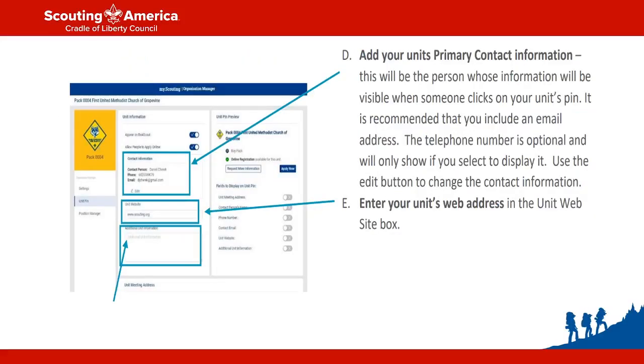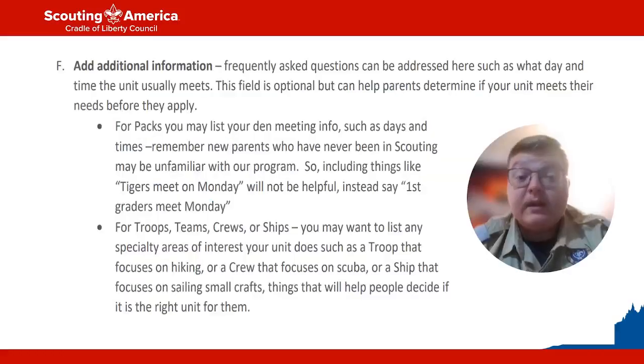Under contact information, we can fill in our unit's contact person, including name, phone number, and email. We can even put in a unit website or link to a Facebook page if we've created one. In the additional information slot, we can answer any frequently asked questions, such as when and where your unit meets. Although this is optional, it definitely provides some extra information that can make or break the decision for a family